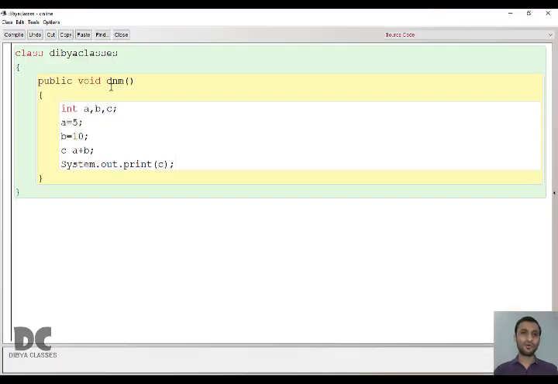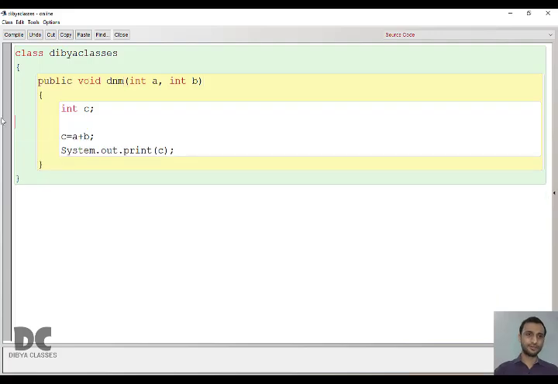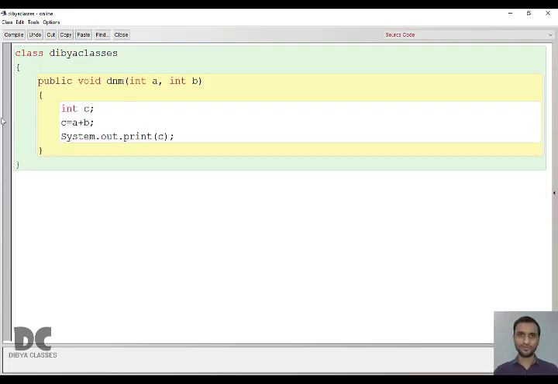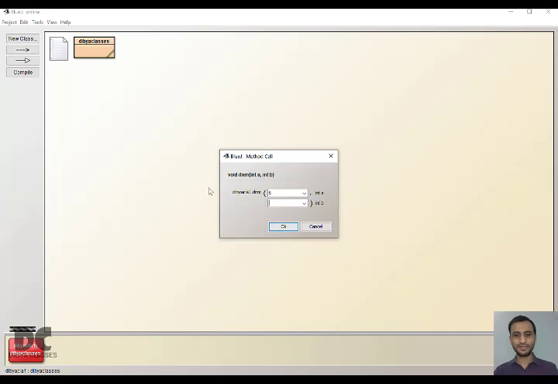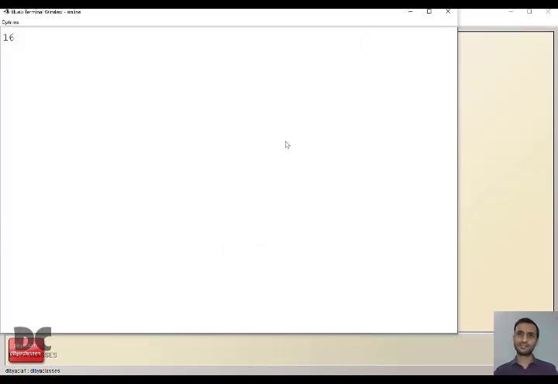What will happen when we don't know the value? In that case, we need to ask the user, that is input using parameter. And this is also a declaration. So here only we are declaring A and B, so we don't need to declare again. Since we are going to get the value from the user, we cannot take the value directly because we don't know it. This time a box will come and you can give any value. Let us give 6 and 10. You'll get the answer as 60.